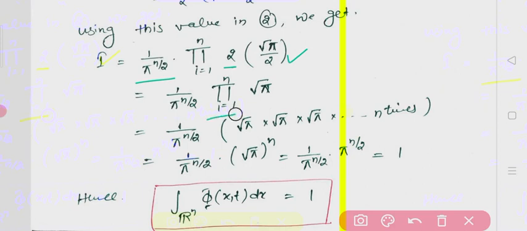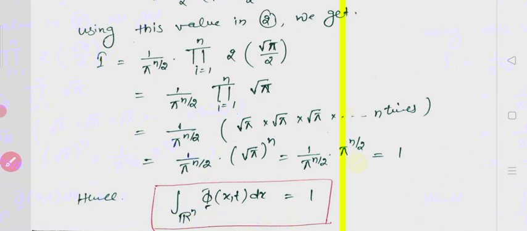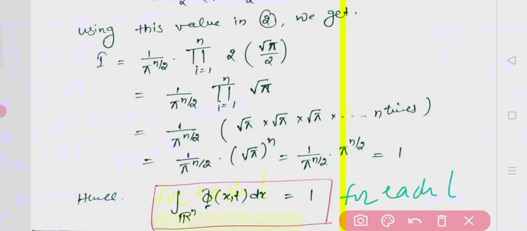So that means you have to take the product of this term n times. So root pi into root pi into root pi up to n times, so it will be root pi power n by 2, and outside is 1 upon pi power n by 2. So that will cancel each other, and you will get 1. So that means I will be equal to 1. What was I? I was the integral of capital phi of x, t over Rn, which will be equal to 1 for each time t positive, okay? You remember that. So that was the integral of the fundamental solution of the heat equation, which is unity always, okay?